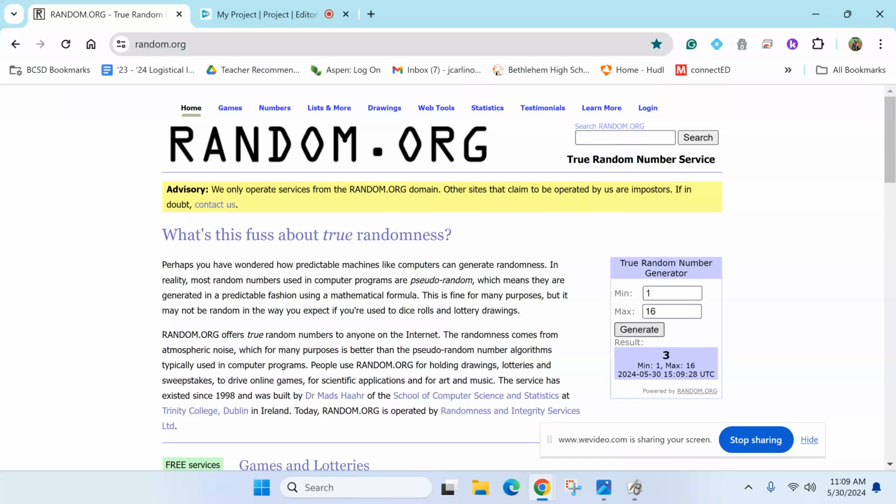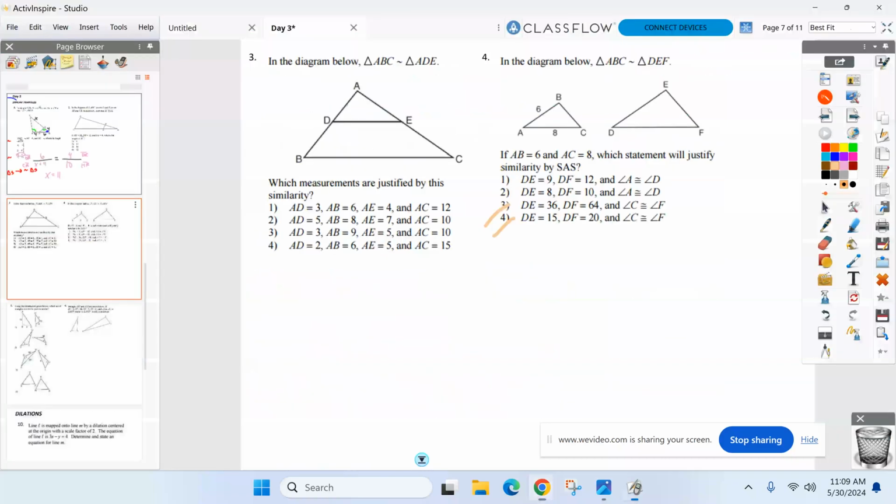Aiden, why am I getting rid of those two? Because the angle's not in between. Darn right. I'm looking at C and F. Look, there's C. That's not side angle side. It's got to be A and D. So now I look at A and D, choices 1 and 2, and I say, all right,